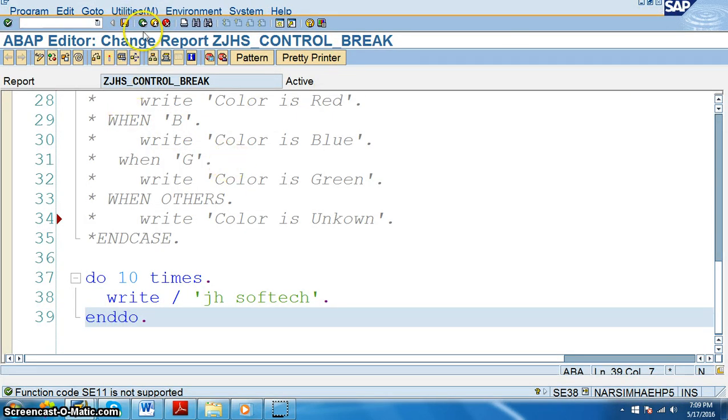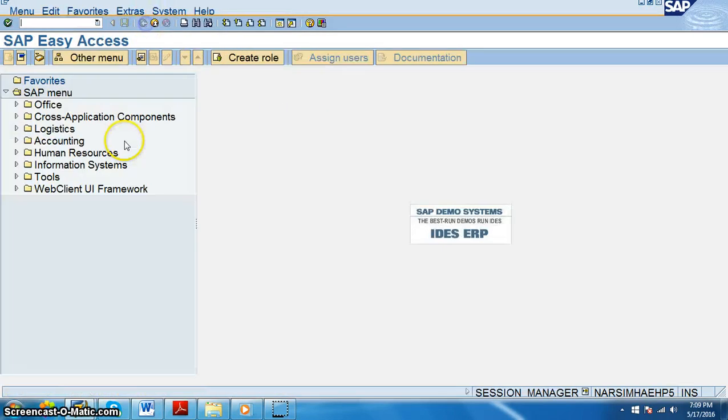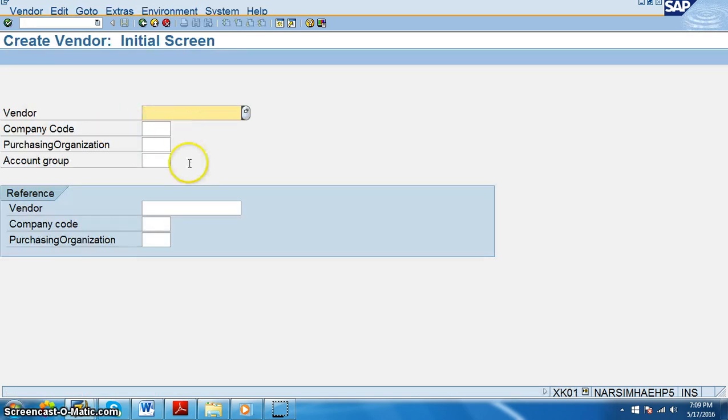In the XK01 we need to create a vendor. The company code for us is VPRO, purchasing organization is VPRO, account group is also VPRO, and we just say enter.